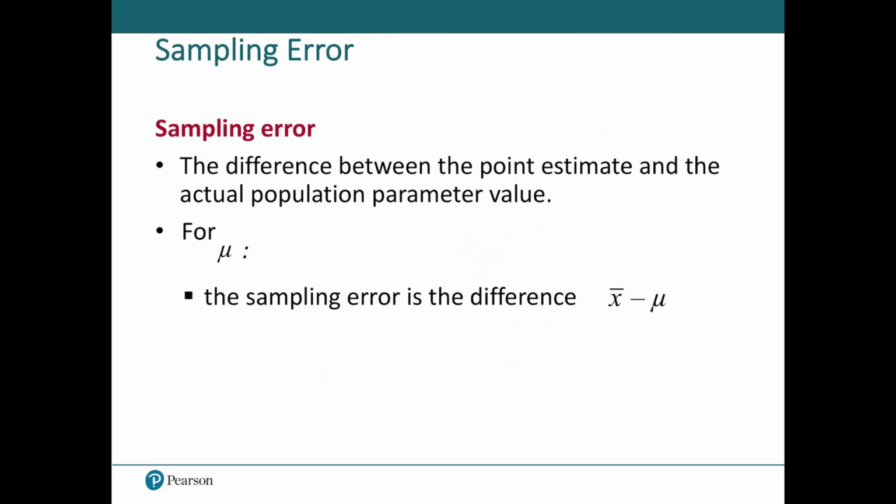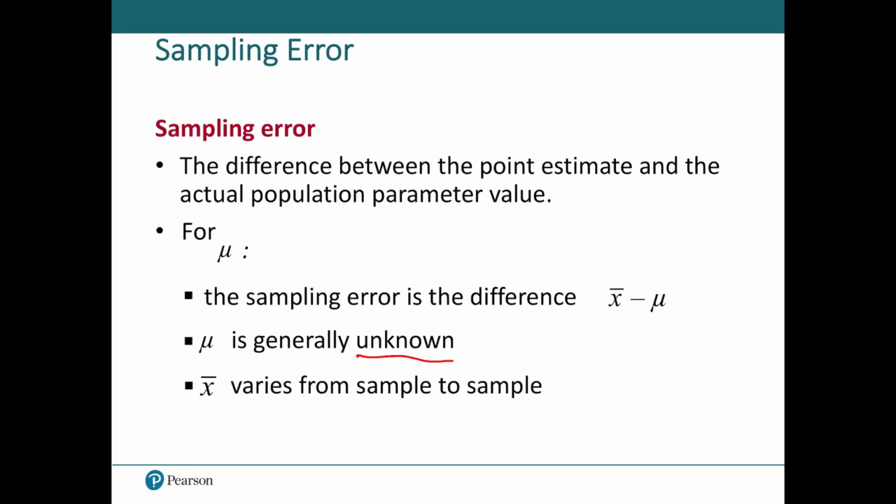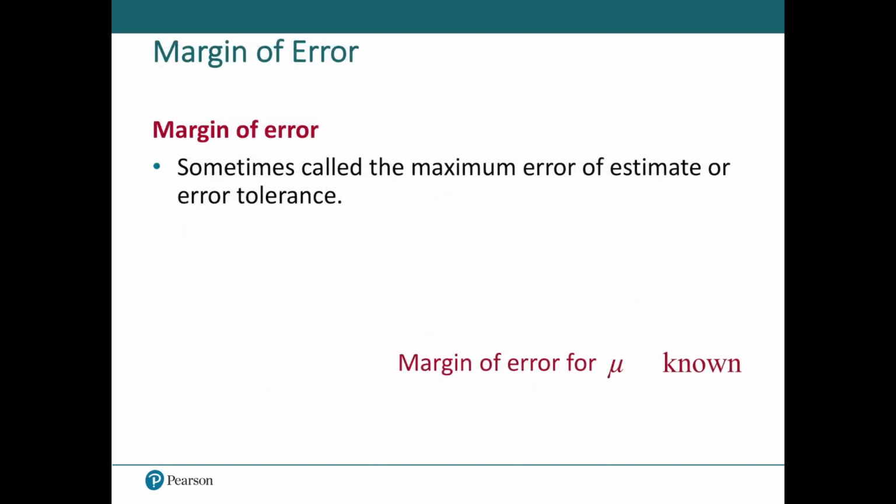So for mu, the sampling error is the difference of x bar minus mu. Hopefully it's close to zero, or even zero itself. That'd be the best, hitting a bullseye. But we don't count on hitting a bullseye. We just want to be close to it. And we realize sometimes we're not going to be. That's the frustrating thing about it. Mu is generally unknown. If we knew what mu was, we would have very little reason to get x bar. Sometimes for illustrative purposes, the book might do that, but that would not happen in the real world. If we already knew mu, why would we waste our time with a sample mean? So generally unknown, pretty much always unknown. I'll just say it that way.